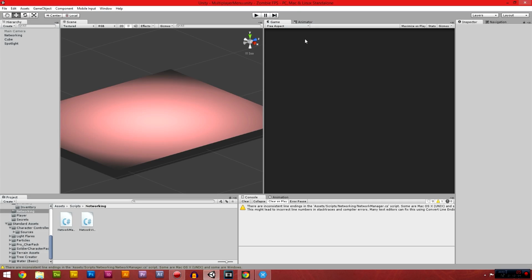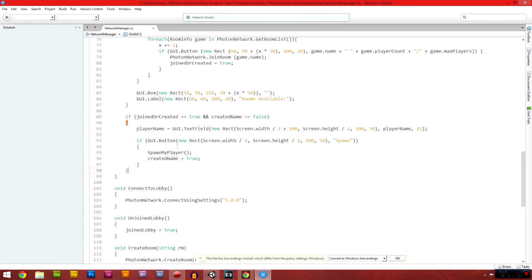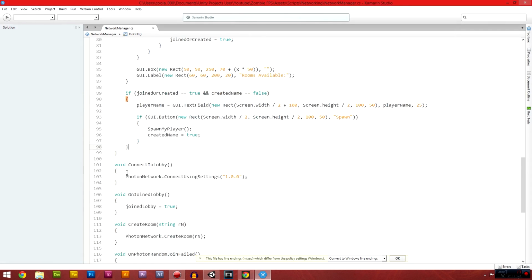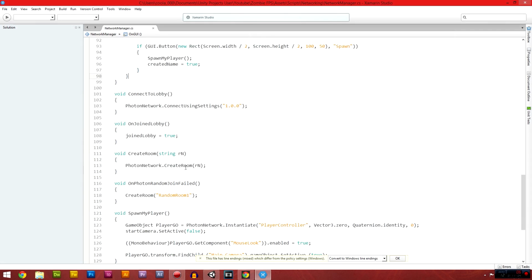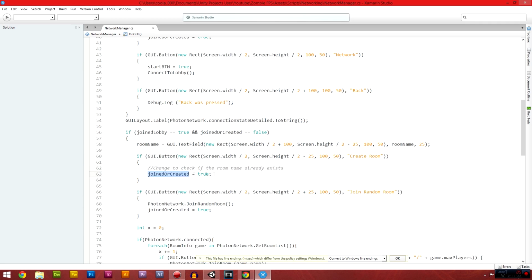is change it up so there's a few things you can do, and also with the create room we're going to change things like that. So first of all, we'll do the create room. When you click on create room, what we're going to do is create room, join random room. And we're not going to call this create room, but we're going to change a variable. Join to created equals true,